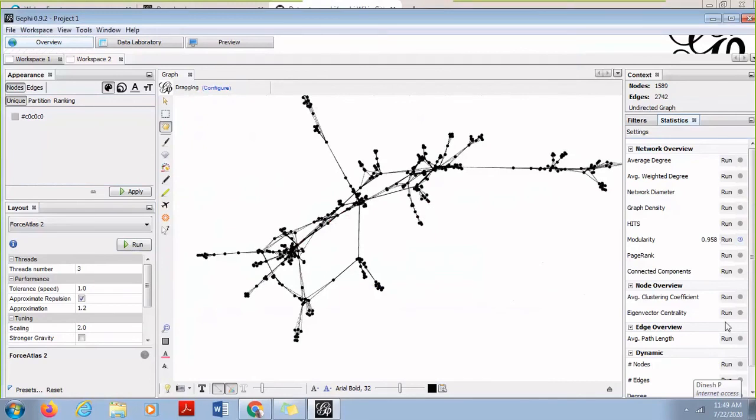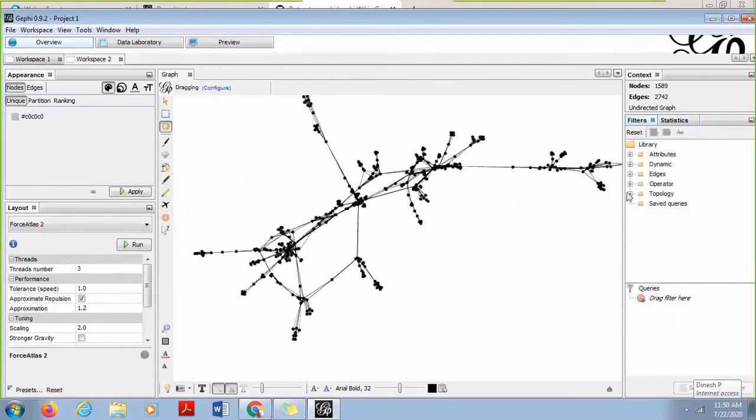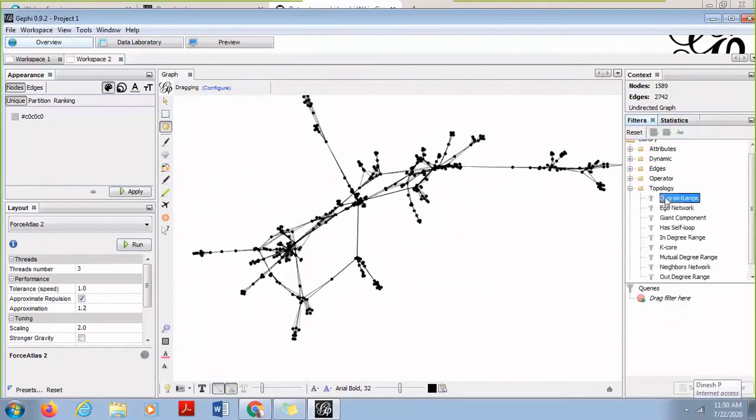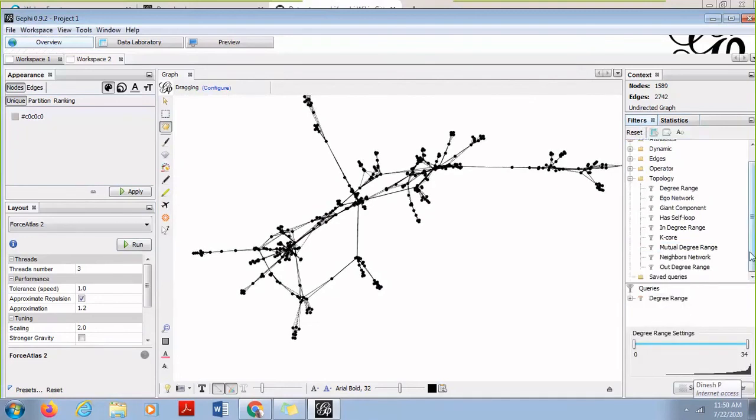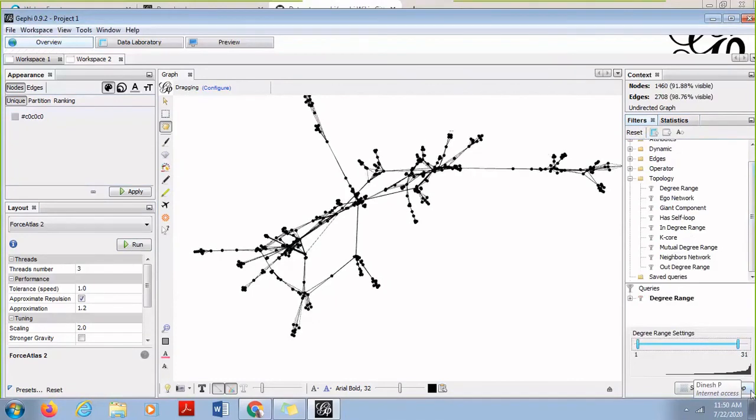Before applying this, I would like to filter out the nodes which are of no use. So first I will apply degree, and then I will remove nodes, and then I apply the filter. Let's see how this works.